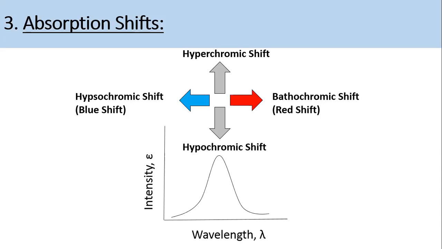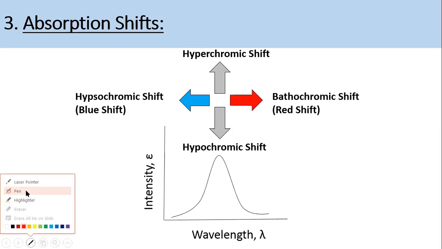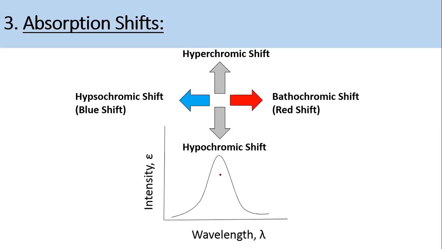In any molecule, if we change the structure, or introduce some group, or remove some group from the molecule, it mainly leads to a change in the position of the absorption spectra. As we discussed earlier, an absorption spectrum is a graph between intensity and wavelength. For example, in this case you can see the central point or position of this peak for the absorption spectrum.